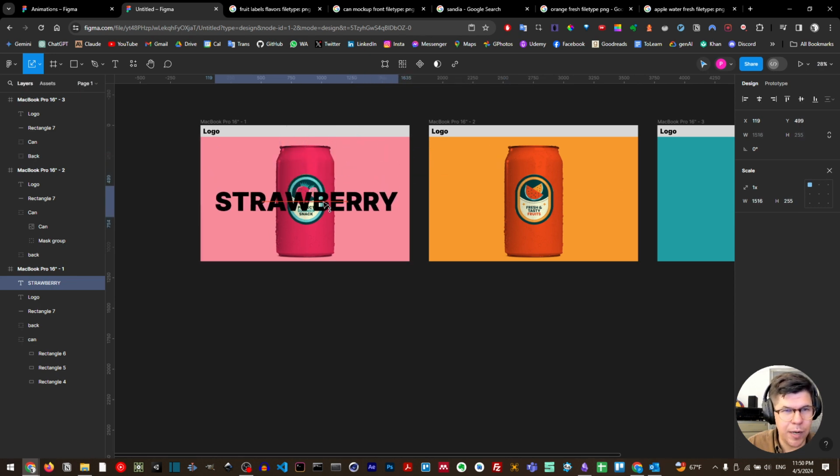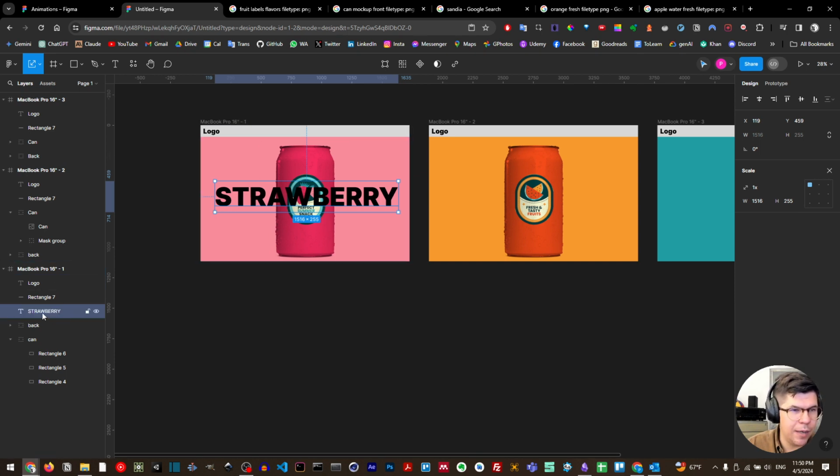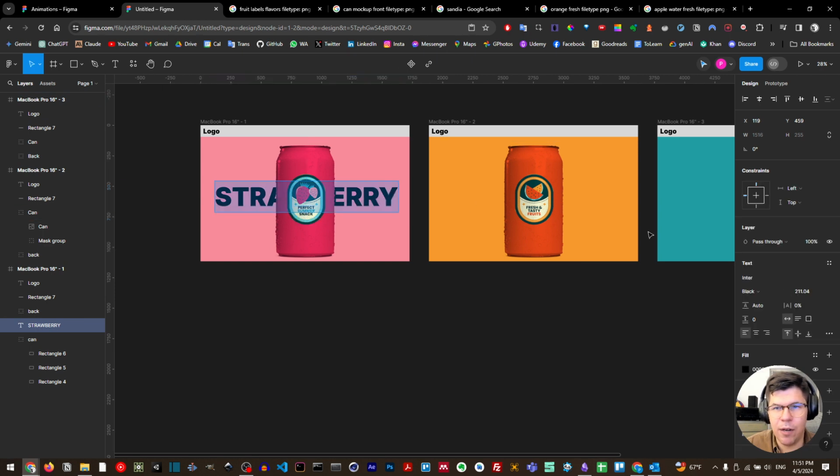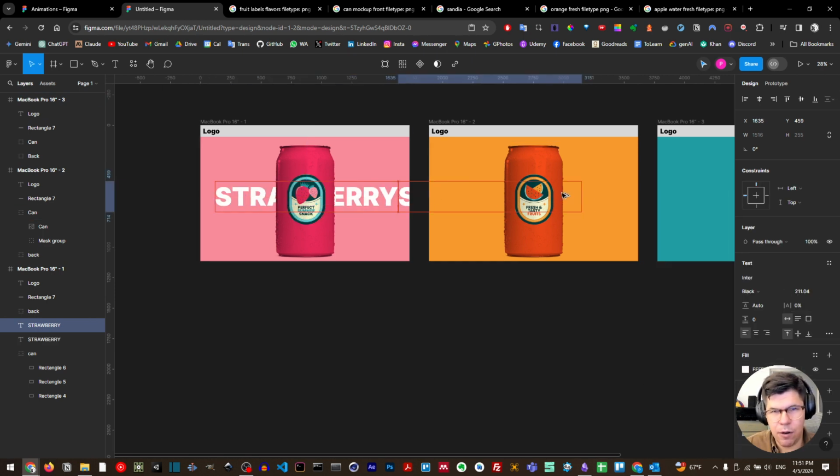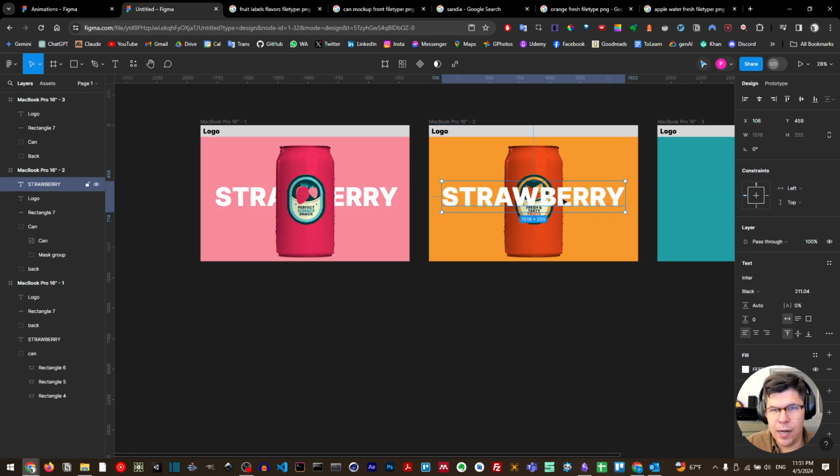I will put it in the background, and I will send it. It's not the back, but I will put it above my can. So now I have a strawberry. I could make it also white. I could select my whole text and make it white. I could now copy this text and I could put